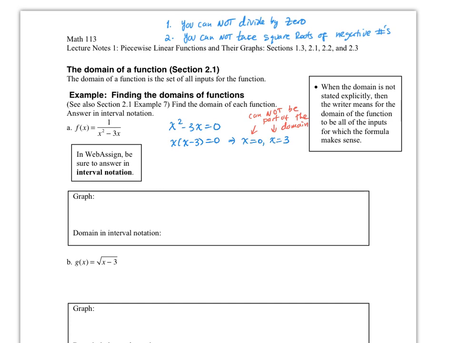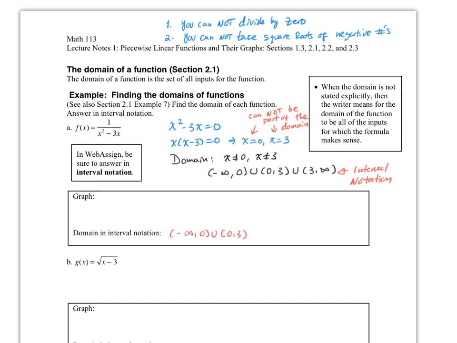Like I just mentioned, there are several ways to write this. The laziest way would be to say the domain: x cannot be 0 and x cannot be 3. Now the fancy way is to use interval notation, and you could say it is all the values from minus infinity to 0, not including 0, or 0 to 3, not including 0 or 3, or 3 to infinity, not including 3. And this is what is called interval notation. So here where it says domain interval notation, this will be minus infinity to 0, or 0 to 3, or 3 to infinity. In the graph,